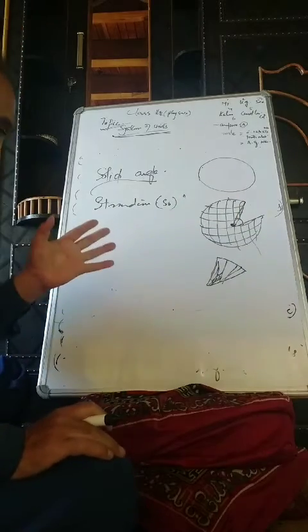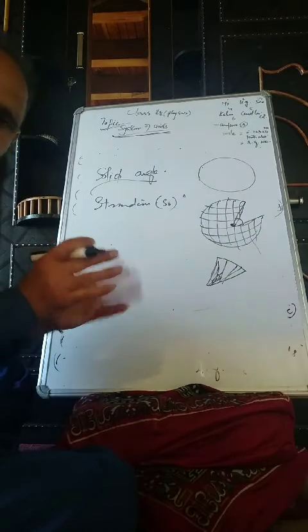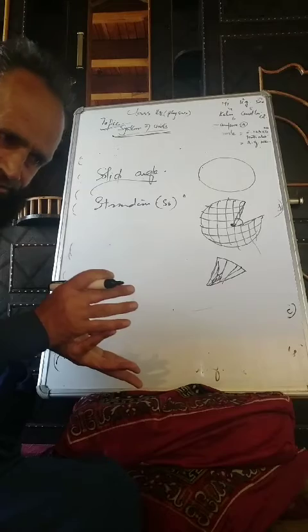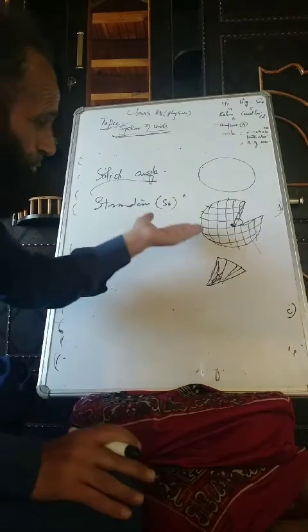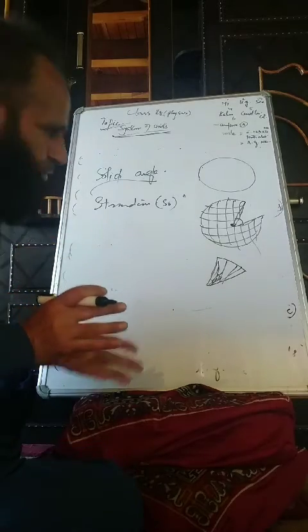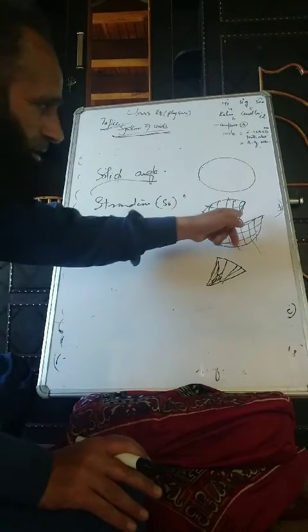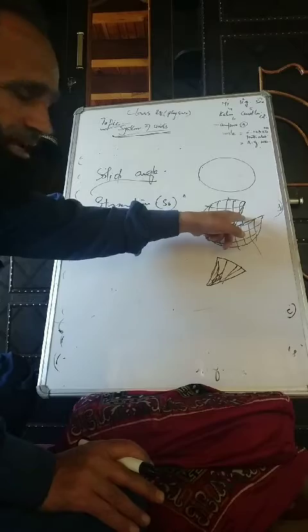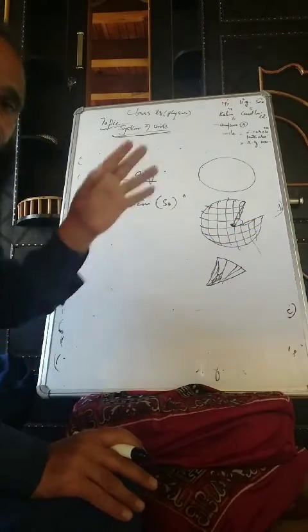That angle is measured in steradians. Now 1 steradian of a solid angle is equal to the angle subtended at the center of the sphere